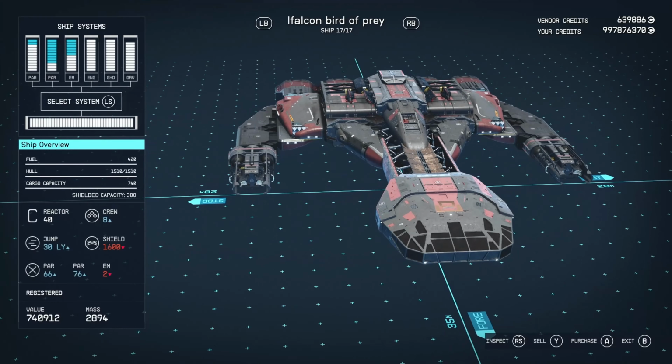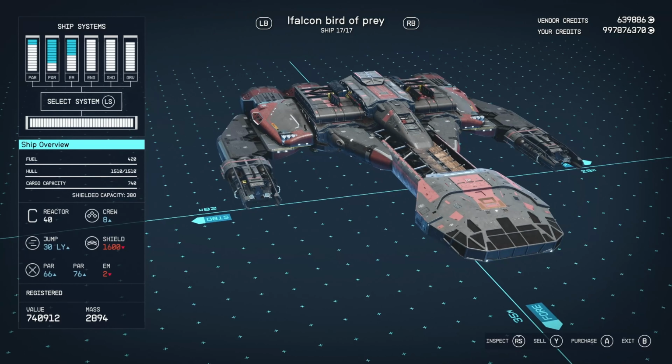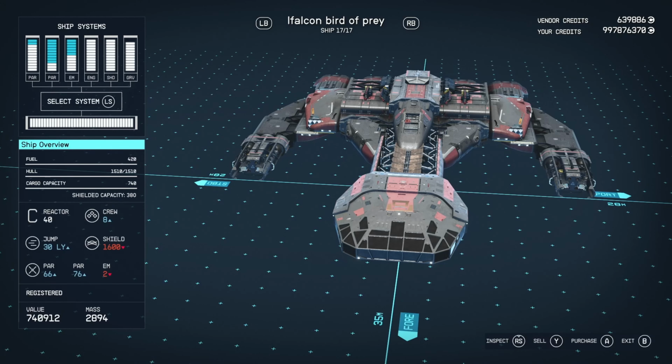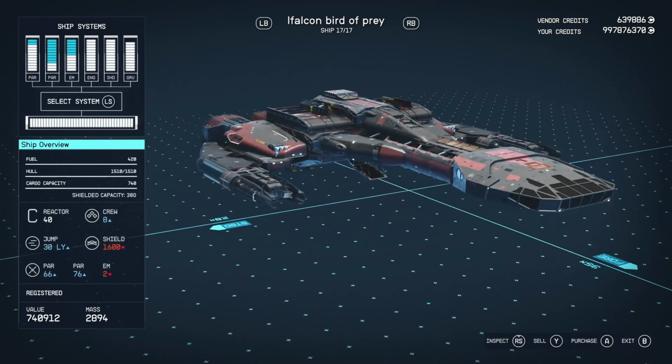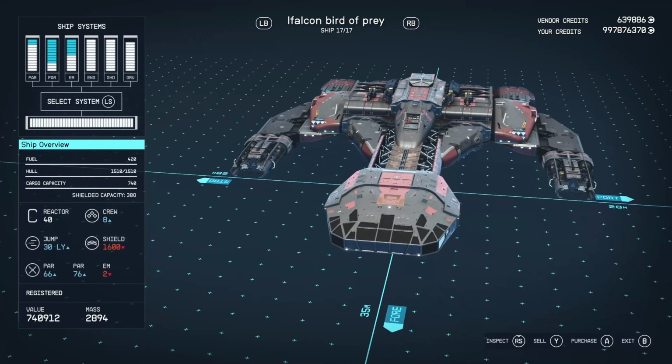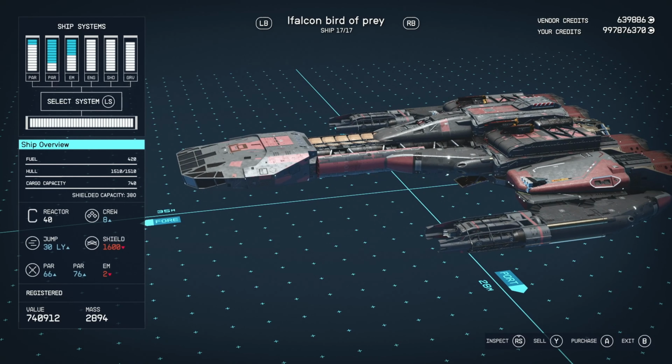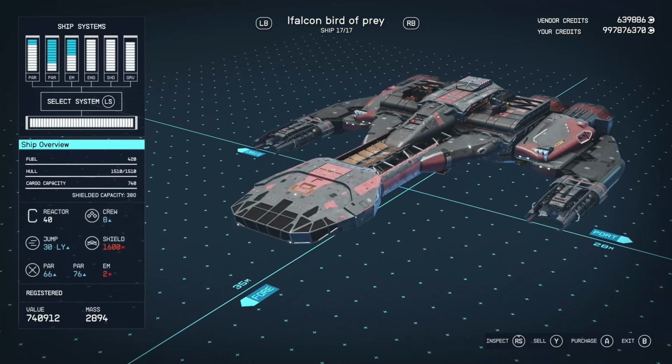If we take a look at the stats, it's got a fuel of 420. Well, hey, no. Mantis in the comments is like, you know, fist bump into that. No, I'm joking. It's got a hull of 1510, which is not too bad, and by not too bad I mean really good. It's got a cargo capacity of 740 base and 380 shielded. It's got a 40 C-class reactor, 40 power, crew of 8, 30 jump range, 1600 shields,